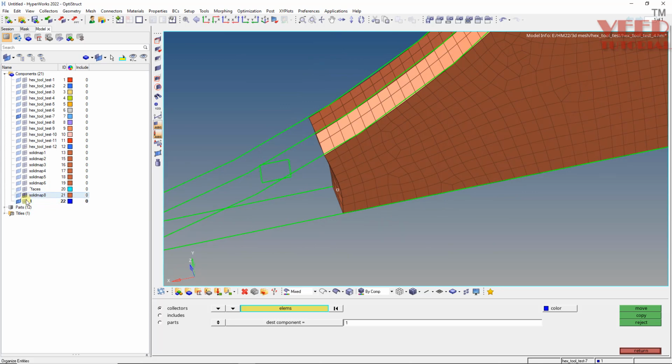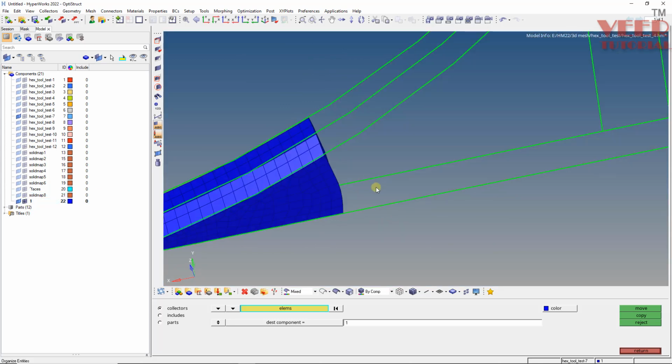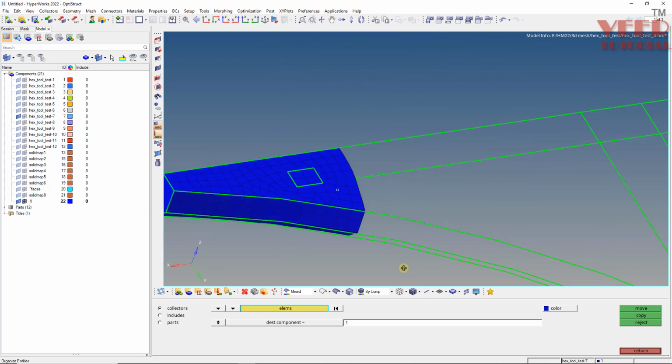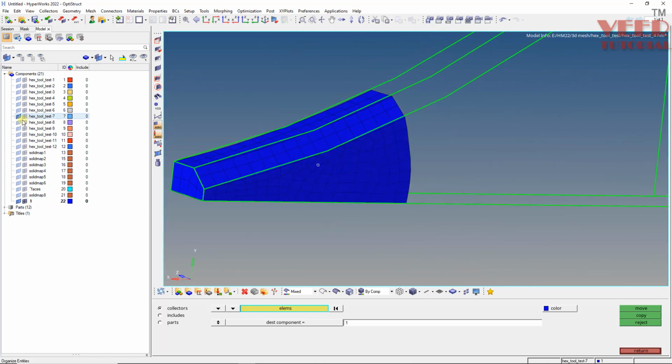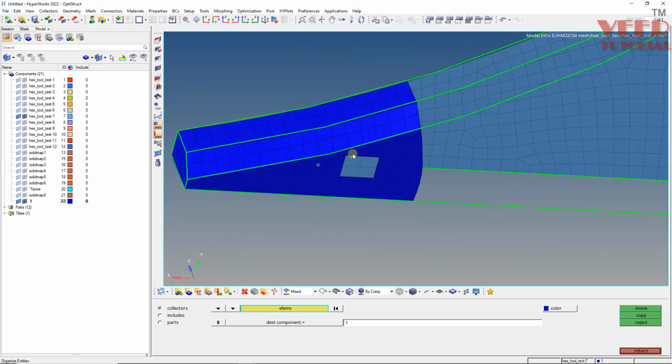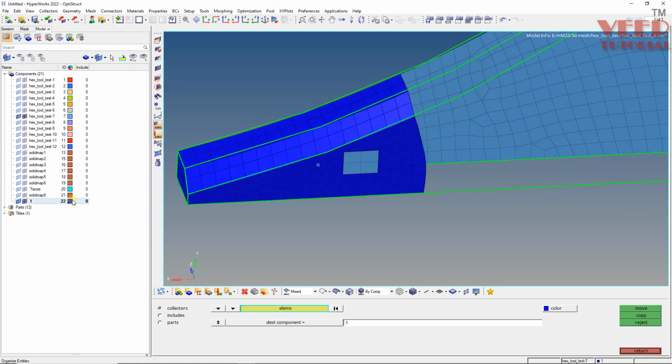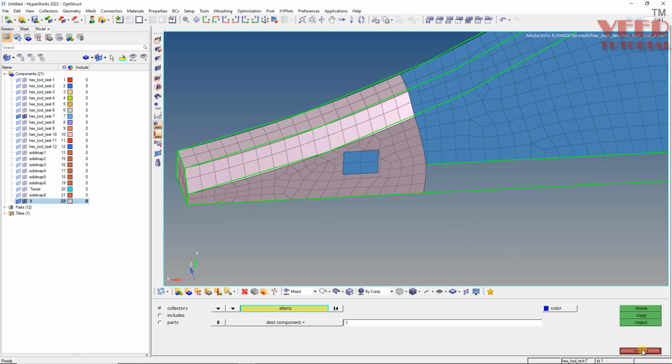Now I will turn on this mesh. Now I will need this mesh projection onto this face. Let's change the color a little bit. Let's say I'll pick this color. Okay,